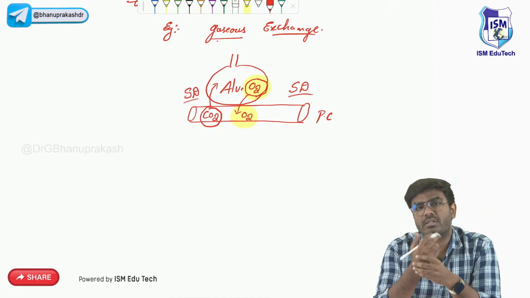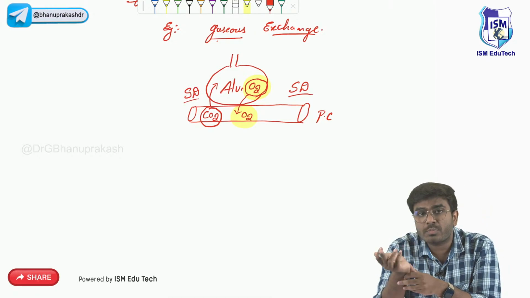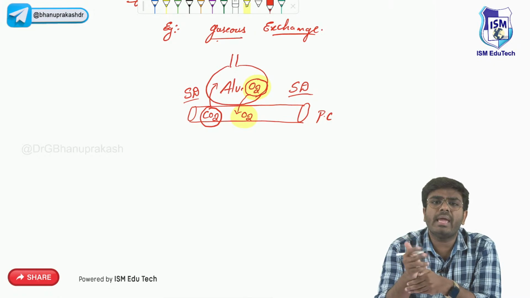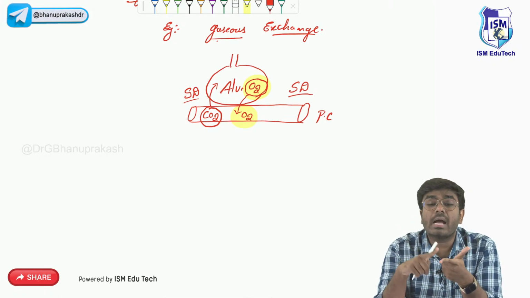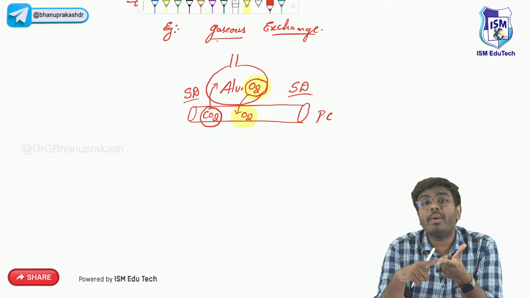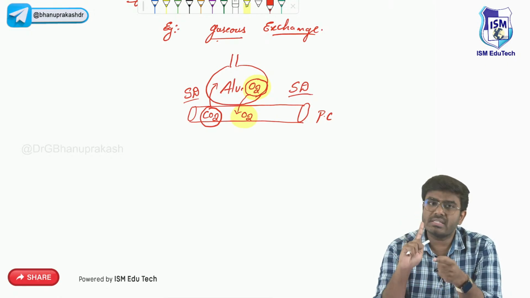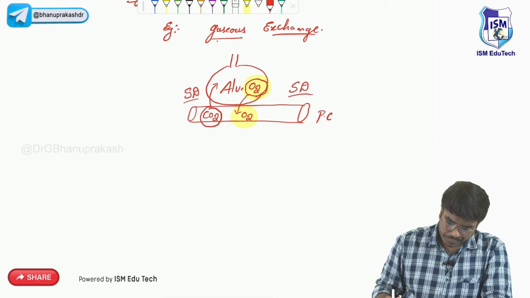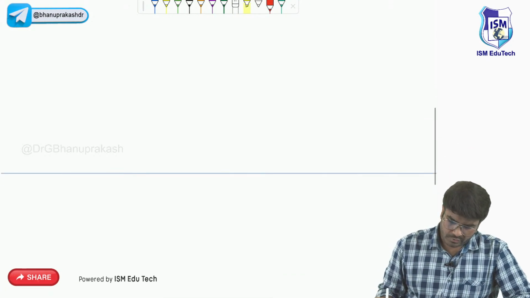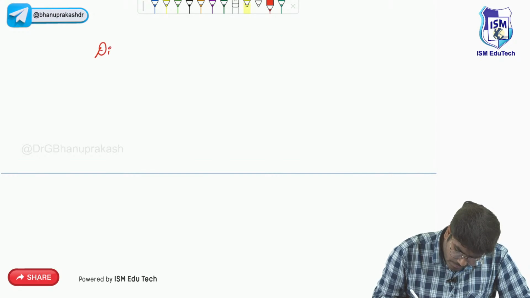So if someone comes and asks you whether the transport of gases occurs by an active process or a passive process, it occurs by a passive process. Which type of passive process? Simple diffusion, not facilitated diffusion. It's a simple diffusion. Now, as I am discussing simple diffusion, first let's see,